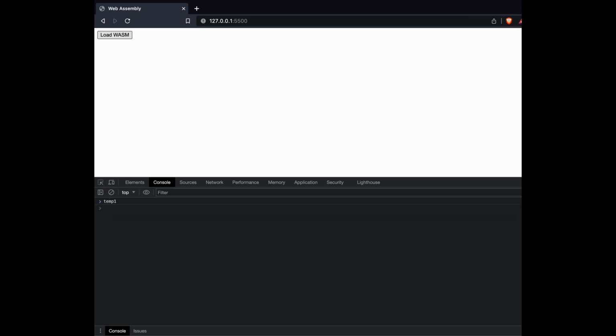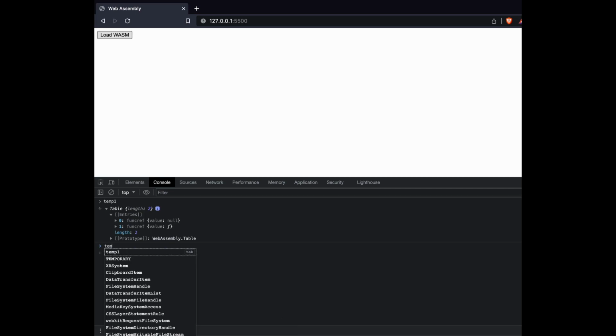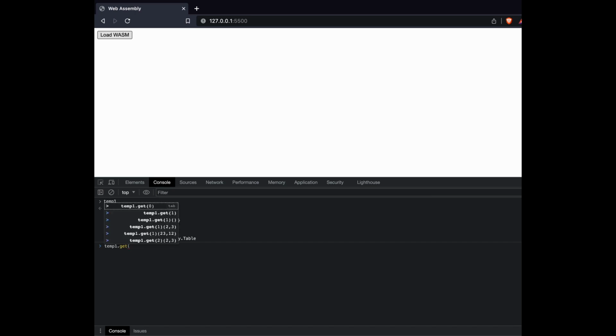So temp1 is of type table. Its length is 2. The first one usually is a null reference when we use AssemblyScript, and from the second place onwards it holds actual function references which we have referenced inside the AssemblyScript code. But how to fetch that reference? Pretty easy. There is a get function of table using which we can provide the index, and we receive the function's reference. We can see the name $add here,